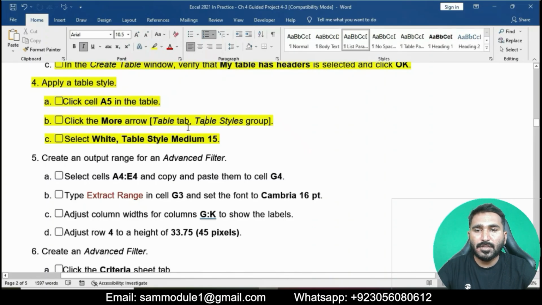Click cell A5 in the table, click the More arrow in the Table Style group, and switch to White, Table Style Medium 15.